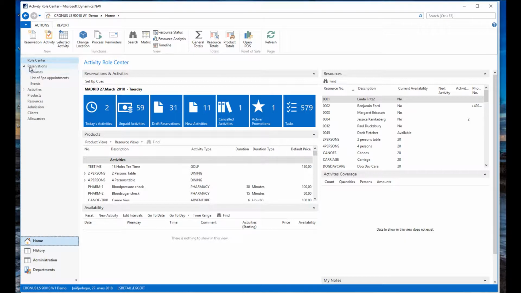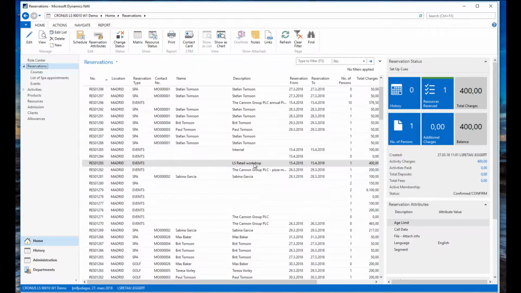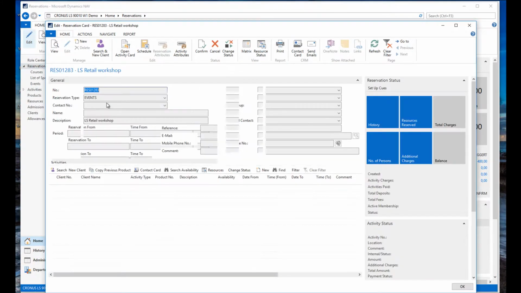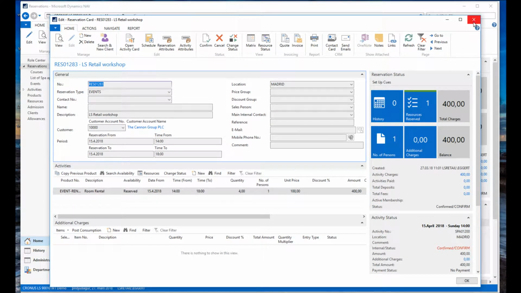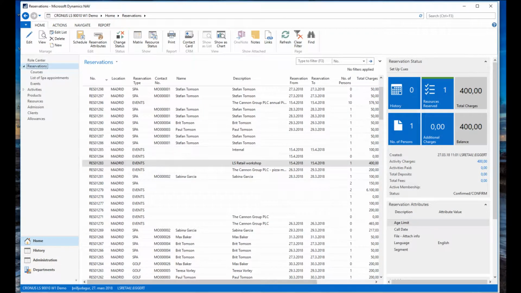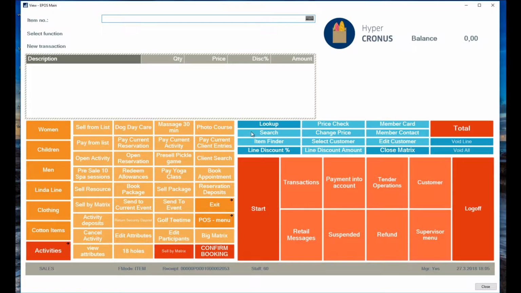When I go then to my reservations, I have an event reservation here, LS Retail Workshop. If we take a look at the LS Retail Workshop, we have a workshop and it's confirmed, and we have total charges of 400, and the customer hasn't paid anything, so the balance is 400 here. So what I'm going to do is go to the POS, to the point of sale, and accept a partial deposit. So I'll close this, open up the POS here in the background,